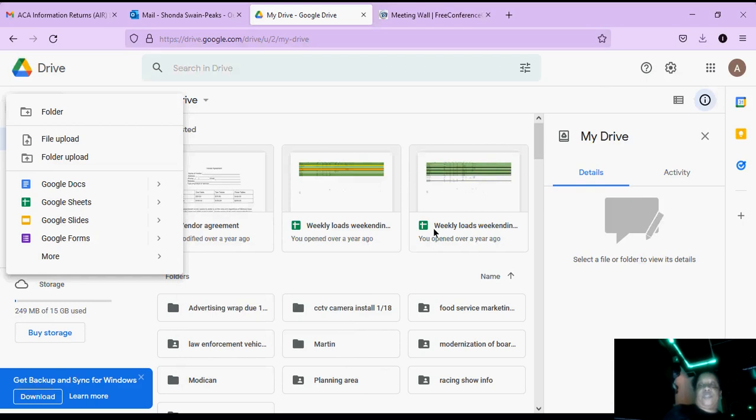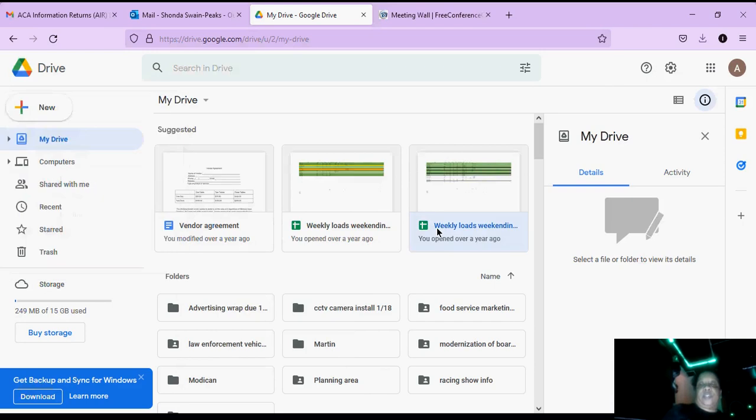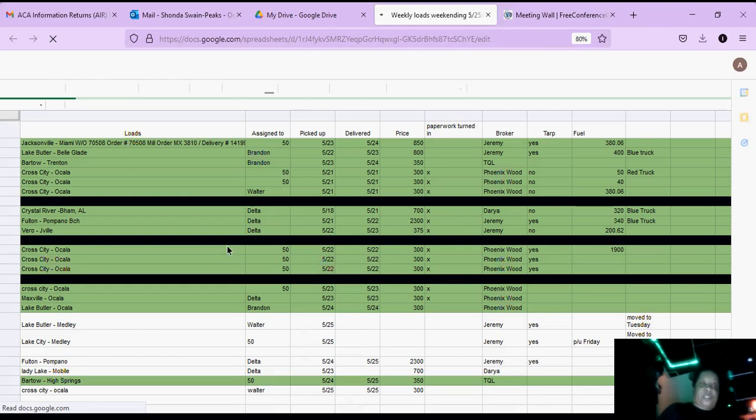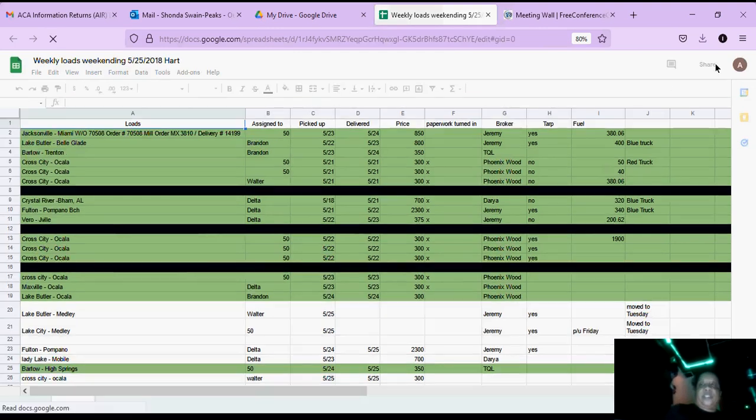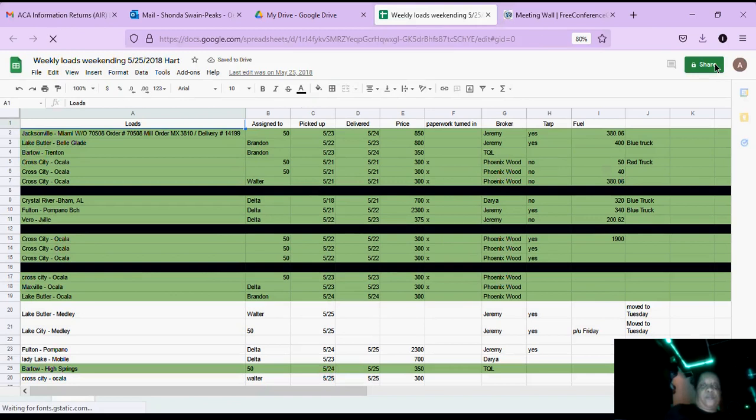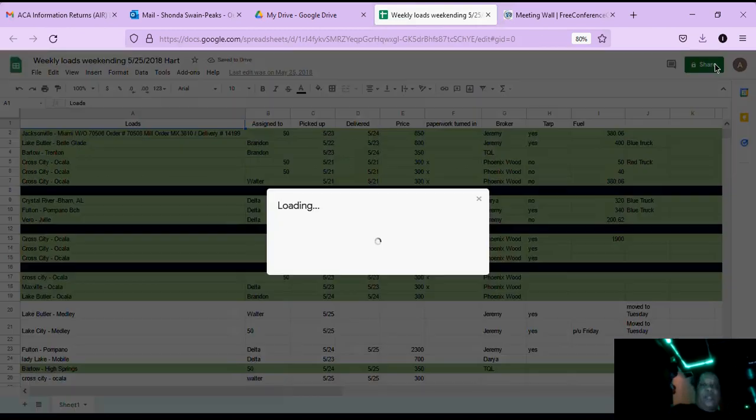I'm going to select something just so you can see the process. So I've highlighted my weekly loads for one of my old trucking clients. When I'm in the spreadsheet, I can select share. When I select share,